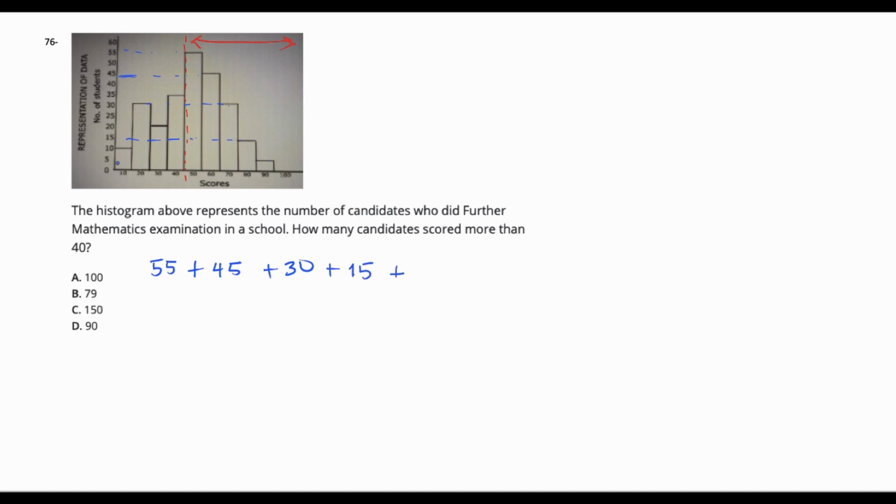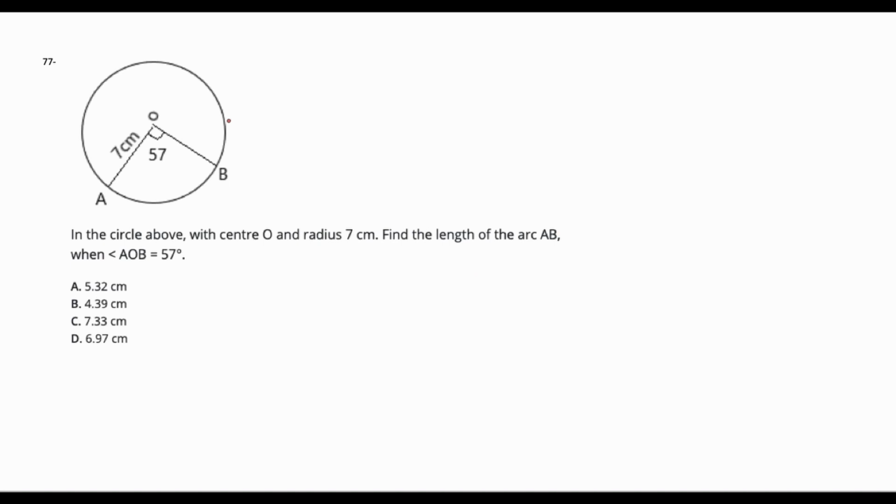And those that got 90 marks, clearly there are 5 of them, so 5. So 55 plus 45 plus 30 plus 15 plus 5 would equal 150. So 150 students got more than 40 marks. So that's C. Question 77 says, in the circle above with center O and radius 7 centimeters, find the length